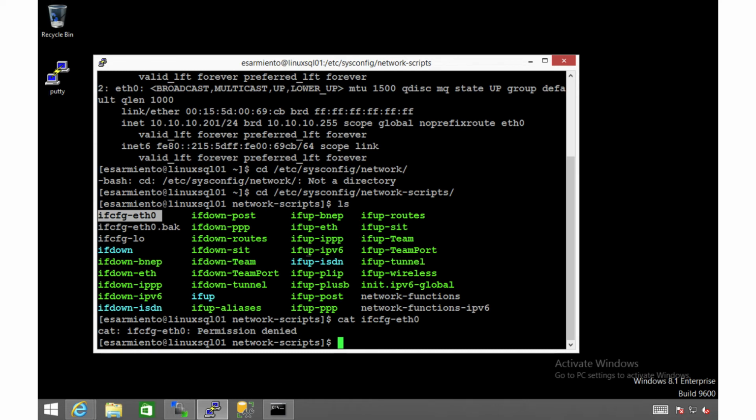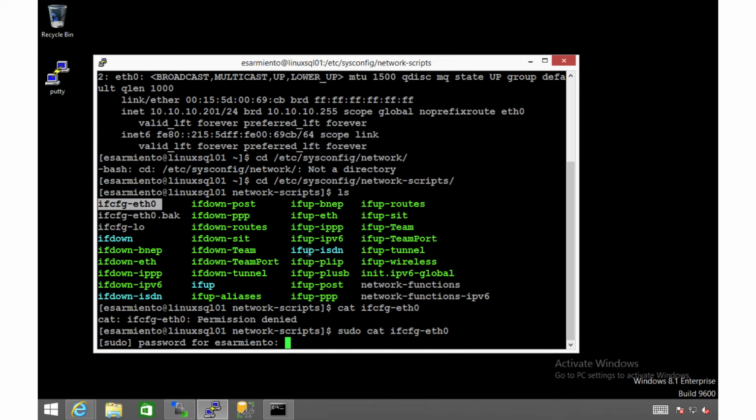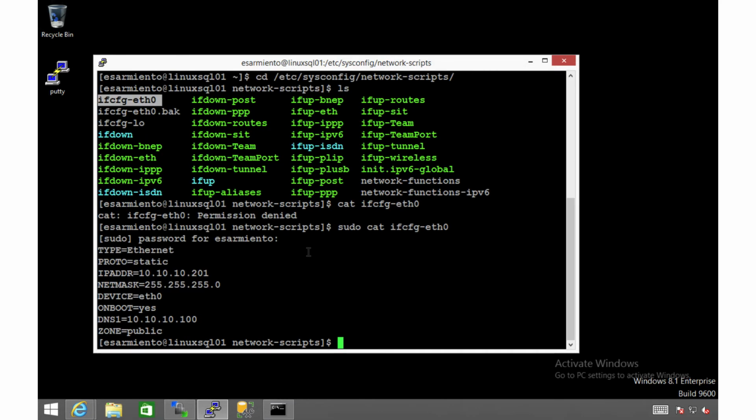Oops, permission denied. Didn't I mention earlier that even though I am an administrator, or I have administrative privileges on a Linux machine, I still need to ask for permission? To do that, I will need to run the sudo command to elevate my permissions so that I can go ahead and do whatever it is that I need to do. It's going to prompt me for my password. And after that, it's going to display the contents of this file,